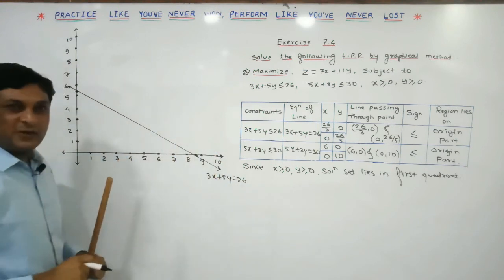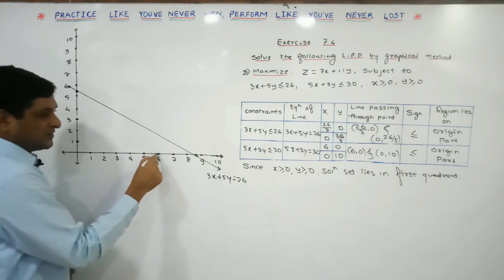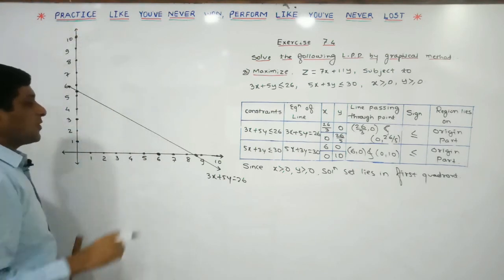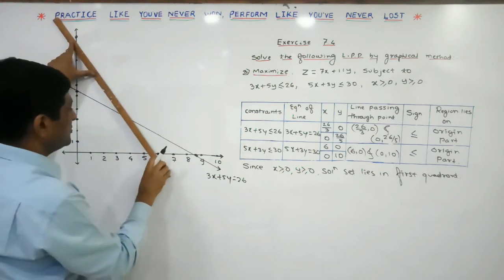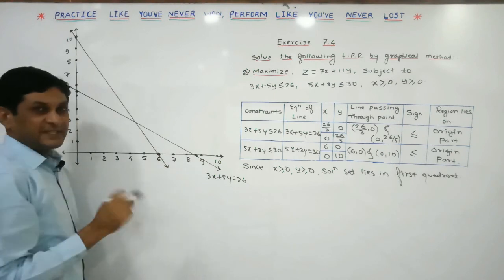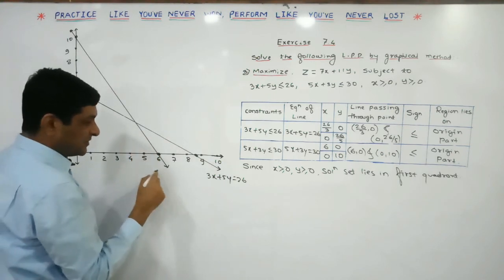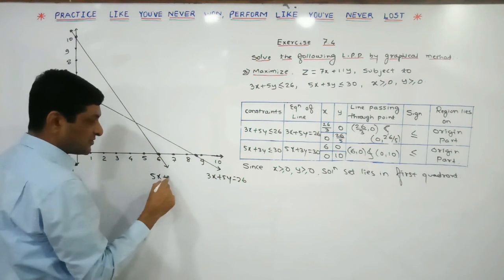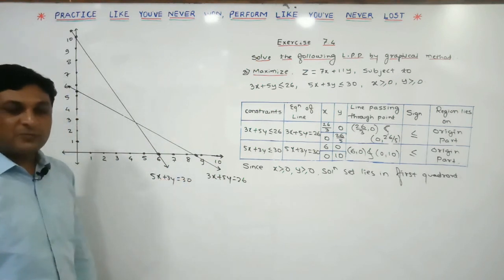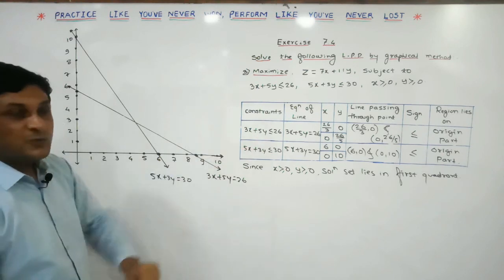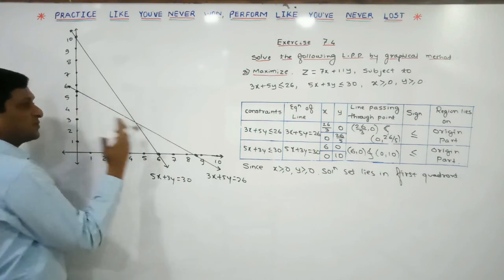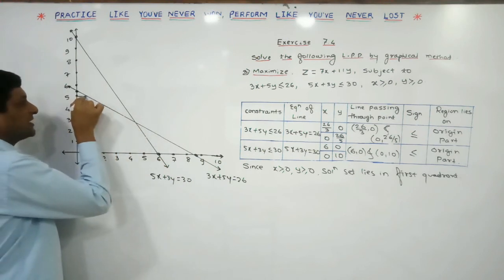Now observe the coordinates of the second line's points. 6 comma 0 is the first point on this line and 0 comma 10. Once the coordinates of both points are known to us, draw a line passing through these 2 points. Once the line is constructed, write down the equation of this line, that is 5x plus 3y is equal to 30. Now for both the lines we can observe that less than or equal to appears, meaning for both lines the origin side part will be the solution set. For this line also origin side and for this line also origin side part.